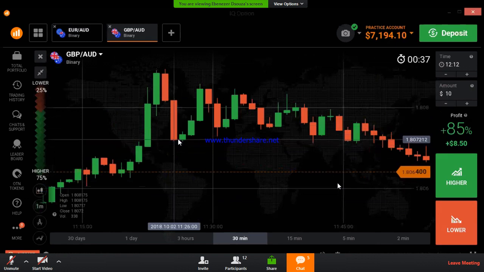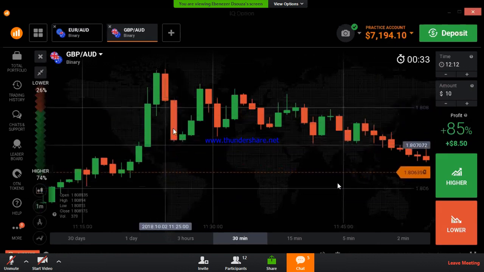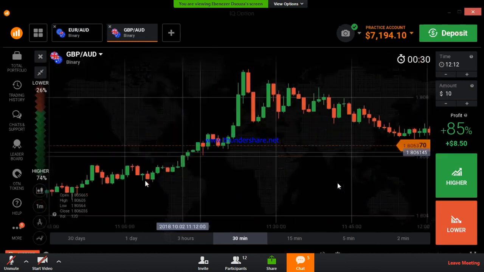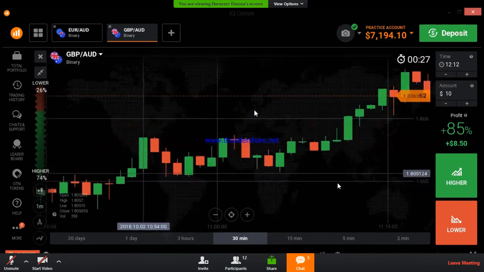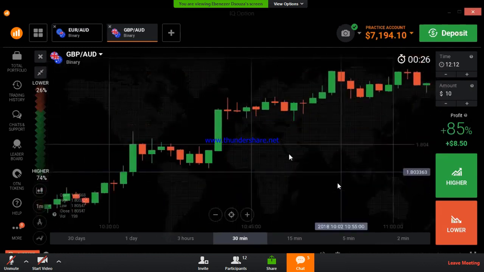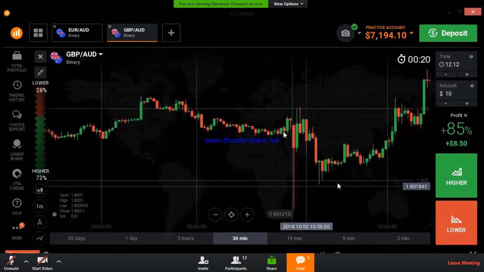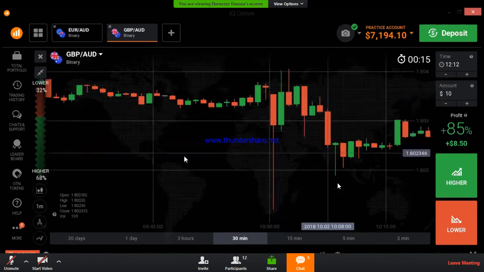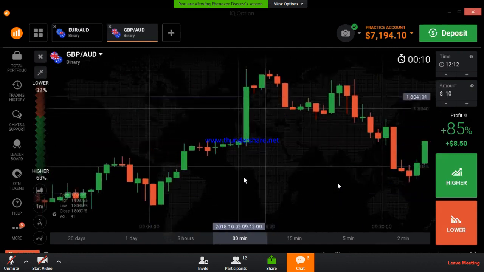most of the people will place a put option, but it reversed because this is a Marubozu candle and this is a very strong candle. Strong candles, most of the time, will reverse the market. Only sometimes will it continue the market. So this is a strong candle reverse. This is a strong candle reverse. This is a strong candle reversed. So you can see strong candle reverse.